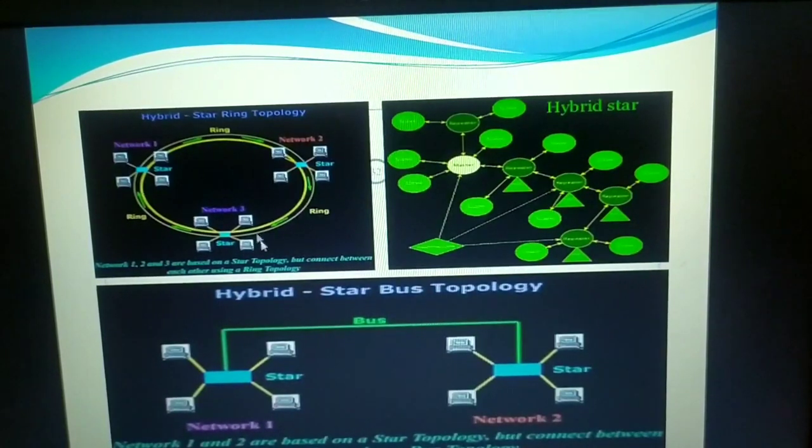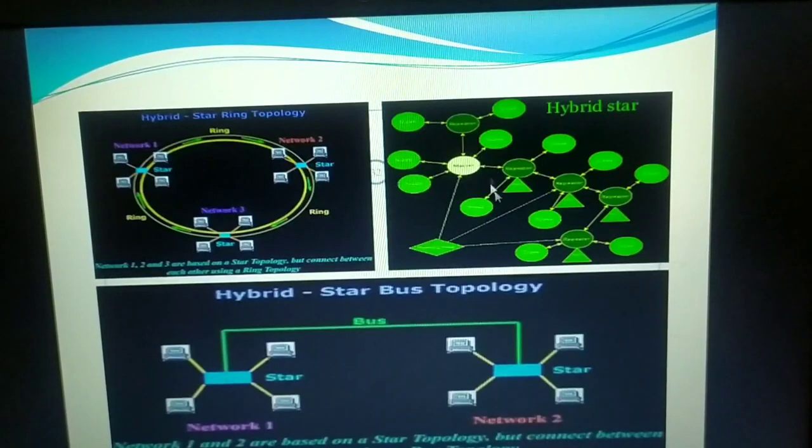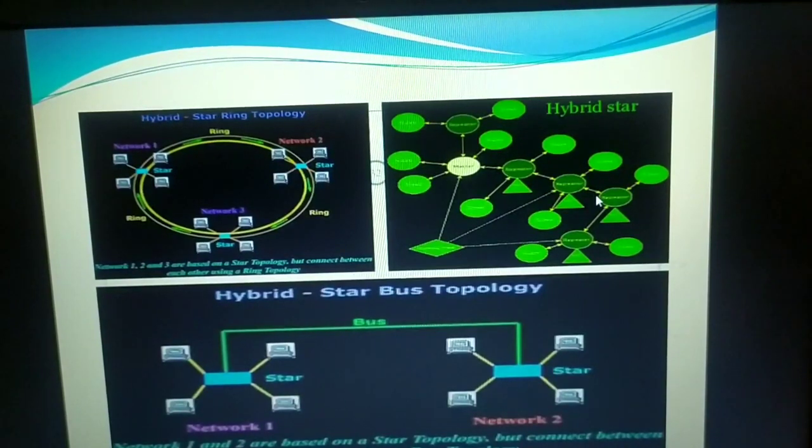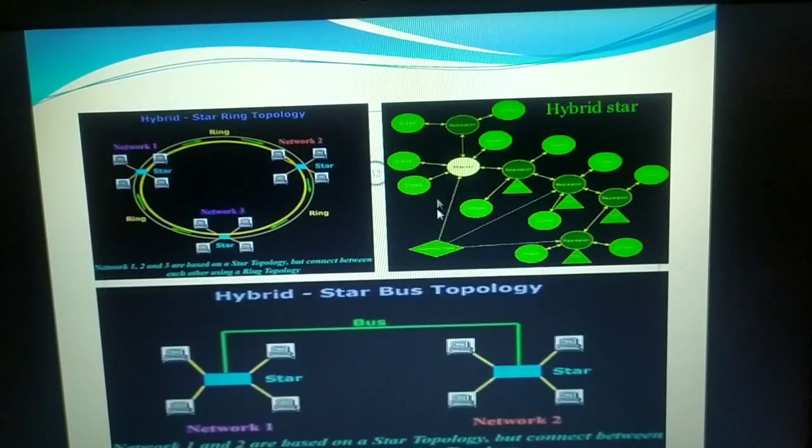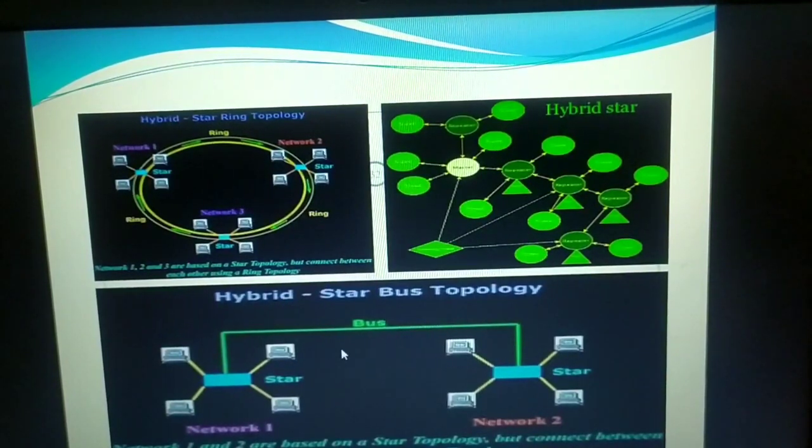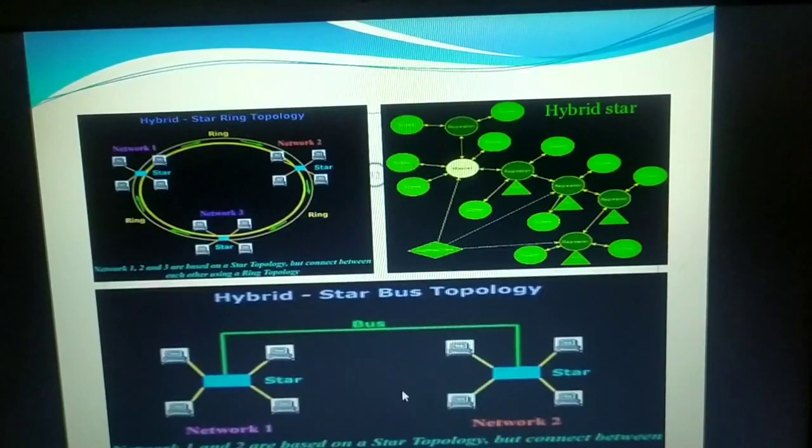Now they might be in different cities. Now you can see this is hybrid with a star. Okay, now here it is a bus topology also. You can also have a star topology here, isn't it? Now here it's a clear picture, obviously, wherein the bus and star topology. So when we want to send our data packets over a long distance, we have to club more than one different network topology. Hence it is very much ideal for the distributed network.